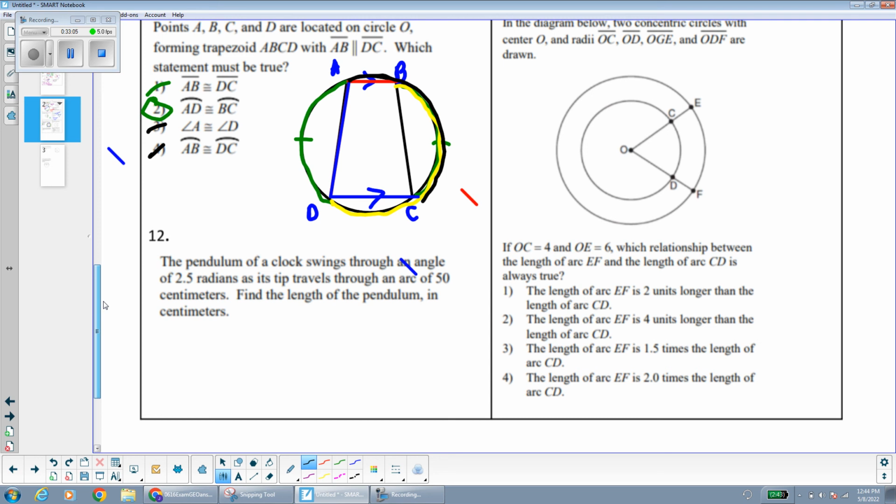So we're finding arc length because when a pendulum of a clock is swinging, it's like making a circle. It's swinging around in like a circular motion. So since I'm given my angle in radians here for arc length, I'm just going to use the formula S equals R times theta because it's going to be a lot quicker. So S is arc length, that's what we're trying to find. Radius,